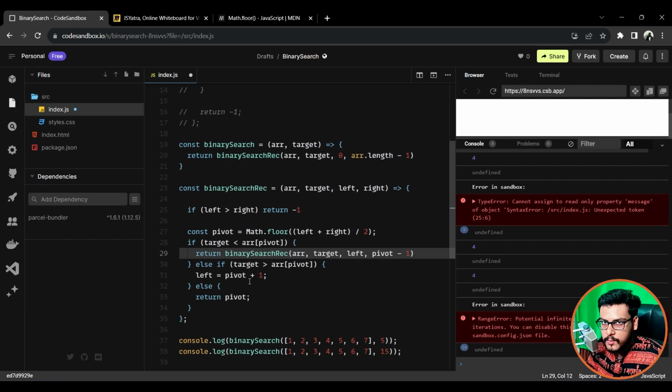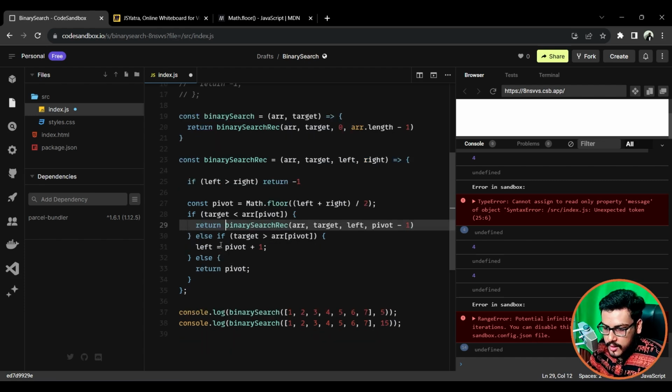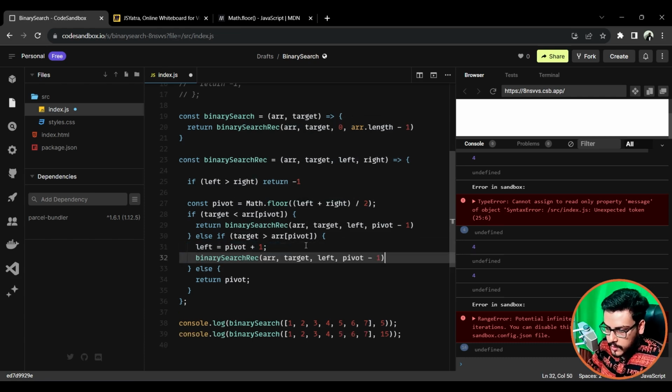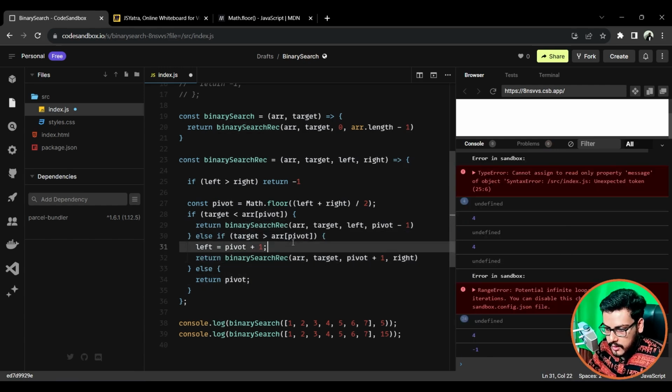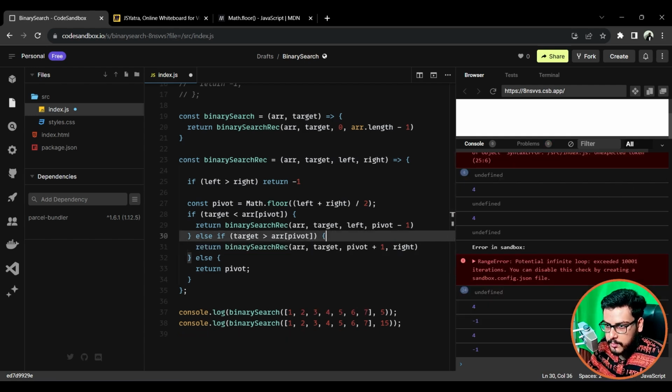Then how are you going to maintain the final value? Okay, so return pivot, return this, return left. So left is what was left? Left was pivot plus 1. So it was pivot plus 1 for us, and this was right. This is not going to change, and we have to again return. We can get rid of this, and yep,